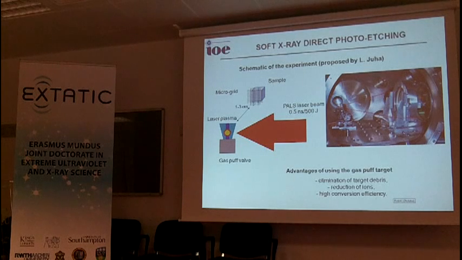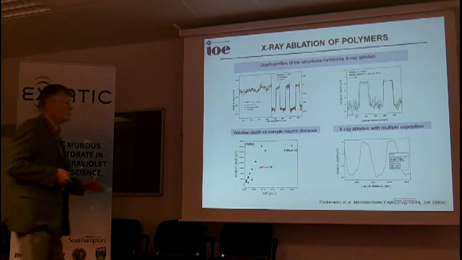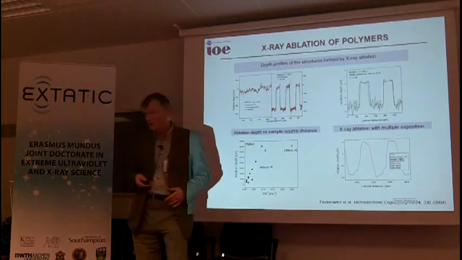They tried earlier direct photo etching using a solid target, but because of debris, the sample has to be placed far away from the plasma, so the effect was not so good. But in our case, we could put the sample close to the plasma at a distance of 3 centimeters, and even after one shot, we observed direct photoetching of polymers. This is an example here. This is for three shots of